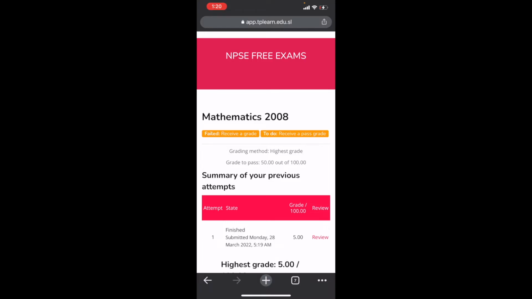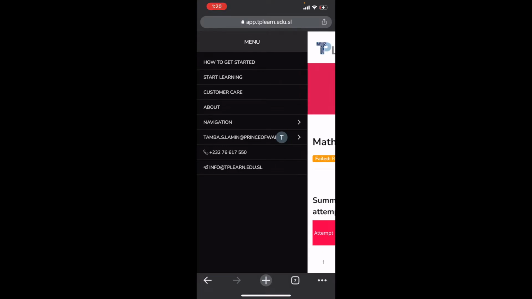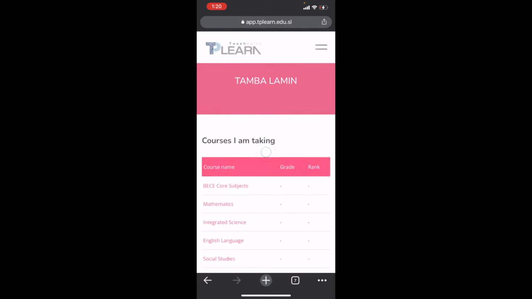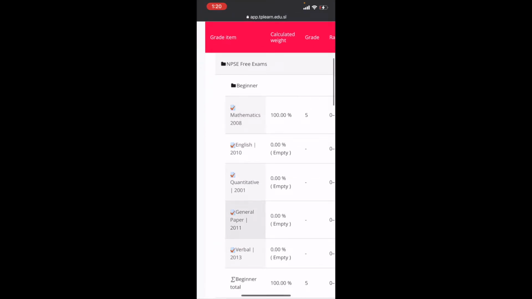I need to pass in order to complete this, right? So I can go back up here to my menu and I can click back here and I can go to grades, and this will always show me my grades. You can see MPSC free exam. If I open that up, I have a grade, and that grade is only for mathematics right now, right? So I can go back